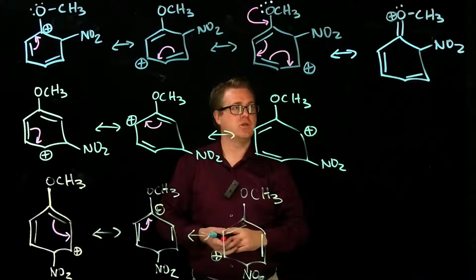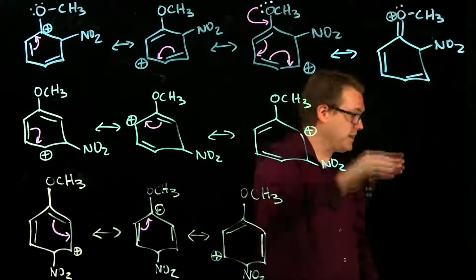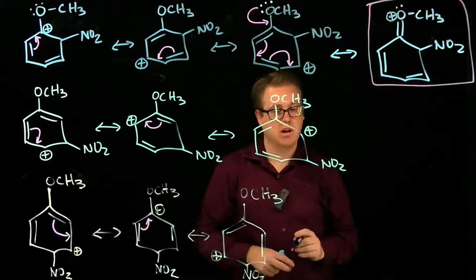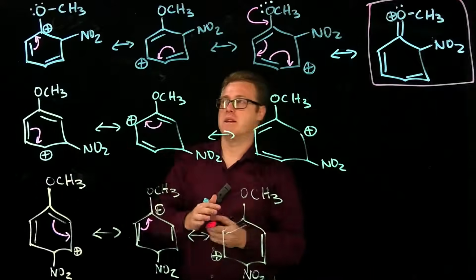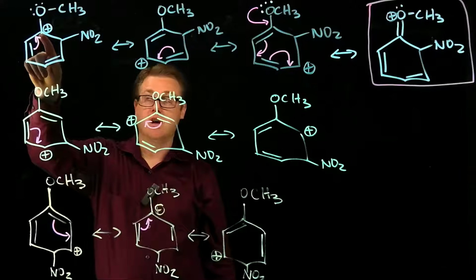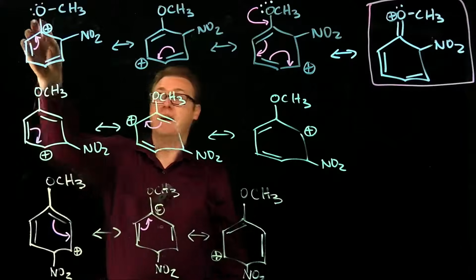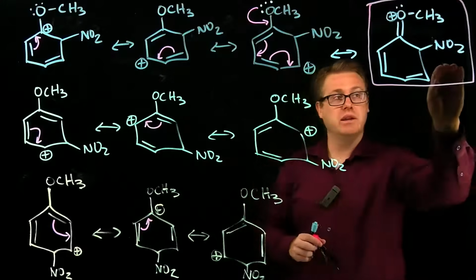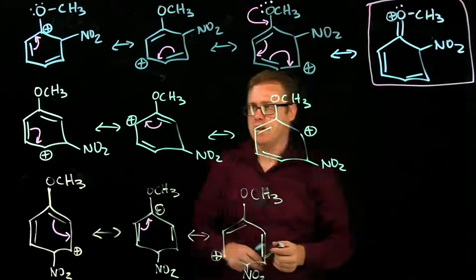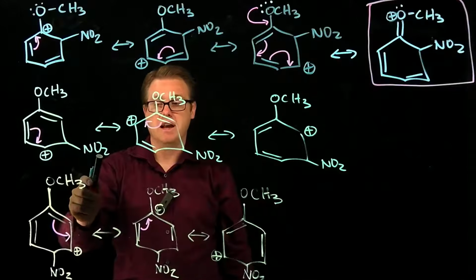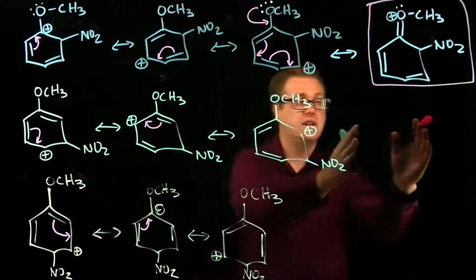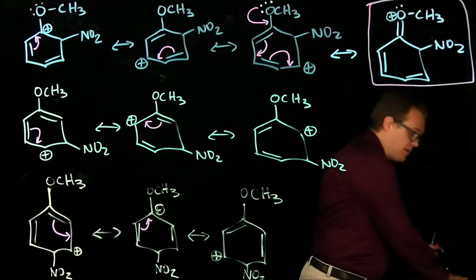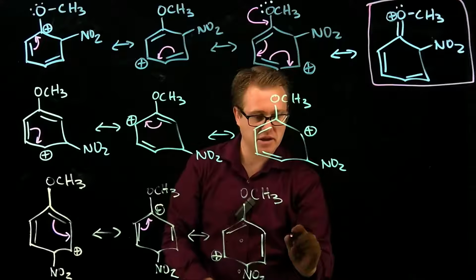We have one additional resonance structure, and this additional resonance structure is very stabilizing to the sigma complex. You can see here in this structure how you have a positive charge on that carbon right next to an oxygen. Do you see how these lone pairs can come in and help stabilize that? So this one is very, very stabilizing. In contrast, when the nitro group goes to the meta position, there's no additional stabilizing resonance structure. With the para, we do have an additional one,